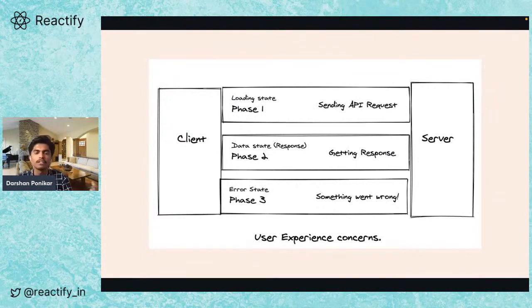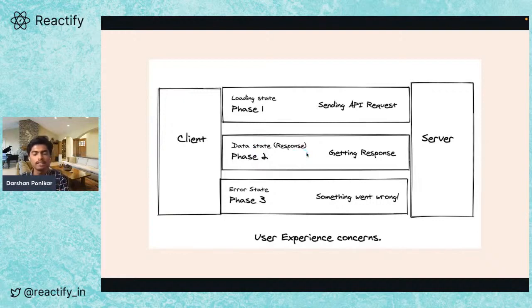Whenever we start fetching some API request, something like to-dos or movies or anything, as you can see in phase one, we will basically call that API using the fetch function or XHR function, which are available. And in the second phase, we will basically get that response